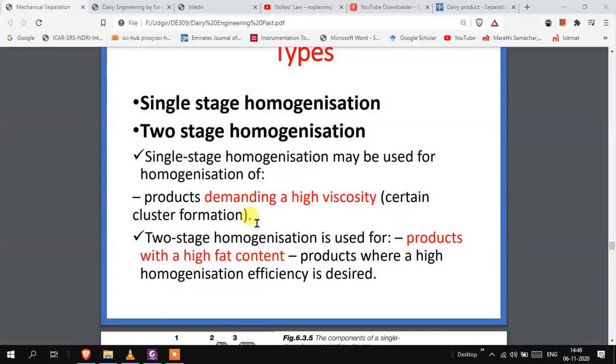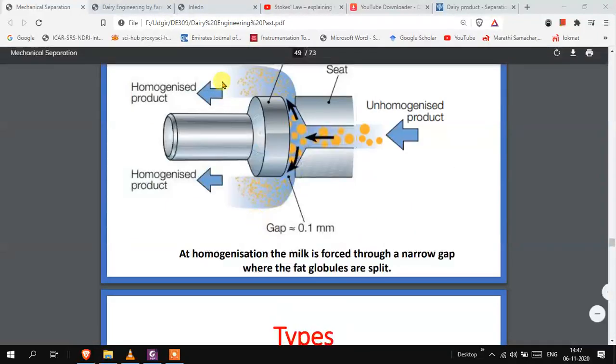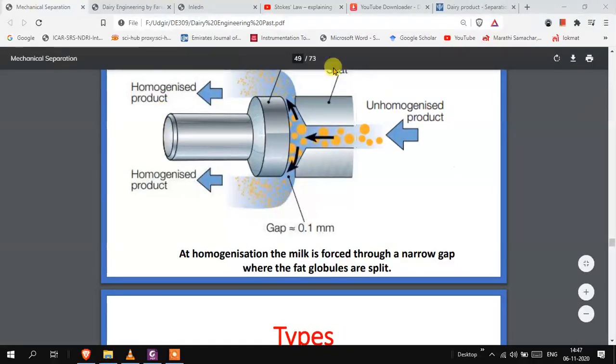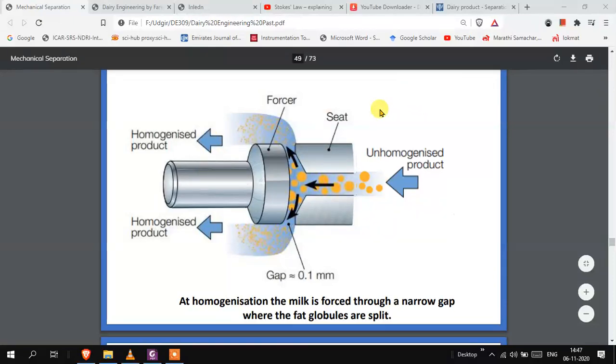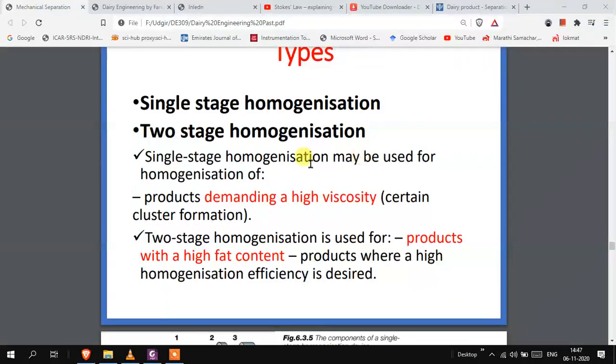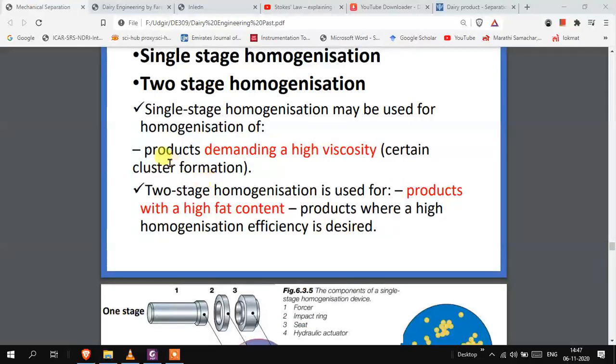So single stage में क्या होता है कि एक ही बार हम मिल्क को फोर्स करते हैं वॉल सीट से। सिंगल स्टेज में एक ही बार हम मिल्क को पास करते हैं बॉल सीट से, ठीक है, एक ही बार हम पास करेंगे इस डिवाइस से, ओके। और टू स्टेज में क्या होगा कि ऐसे दो डिवाइस या ऐसे दो बॉल्स लगे होंगे। फर्स्ट स्टेज में एक बार गुजारेंगे, सेकंड स्टेज में फिर से उसको उसमें से पास करेंगे, दैट इज कॉल्ड टू स्टेज होमोजेनाइजेशन। तो किस केस में हम करते हैं सिंगल स्टेज होमोजेनाइजेशन? जिसमें प्रोडक्ट्स डिमांडिंग अ हाई विस्कोसिटी सर्टेन क्लस्टर फॉर्मेशन।